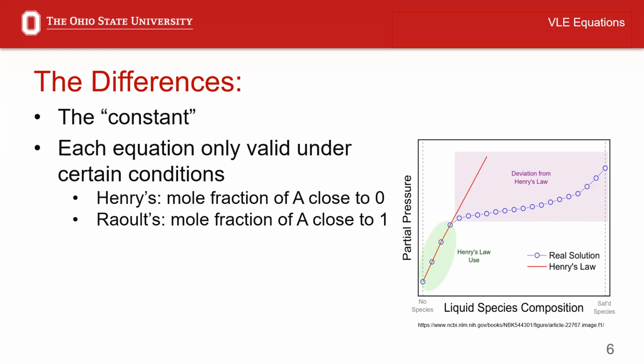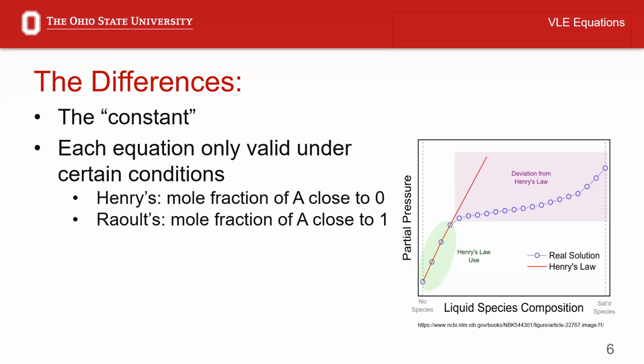I'd also like to reiterate something I mentioned previously, which is that both of these equations only work with ideal mixtures. It might be confusing to call something a law and then not have it be able to apply to any situation, but the definition of scientific laws is that they are statements based on repeated experiments or observations that describe or predict a range of natural phenomena. So calling these laws is not incorrect, and they will provide accurate results, at least when we're working within their